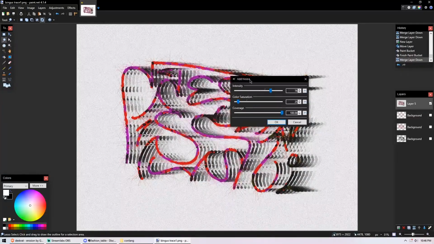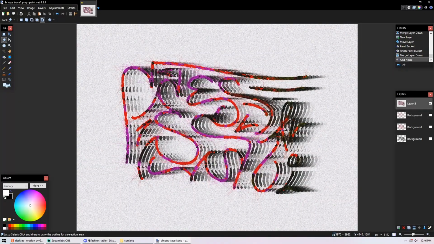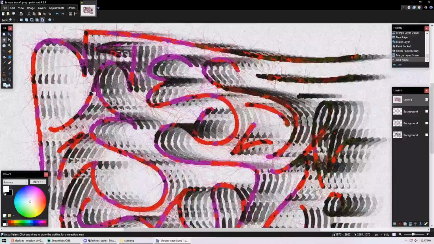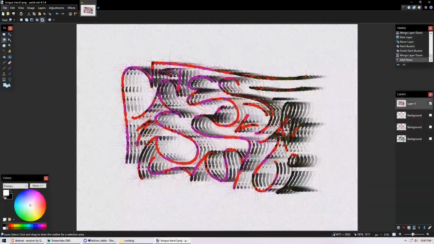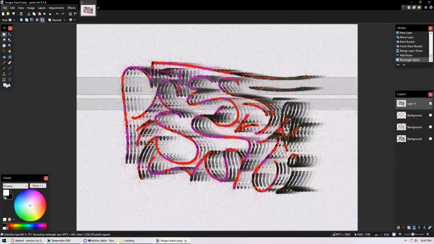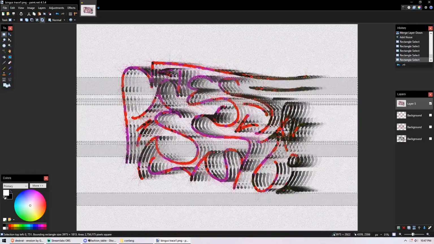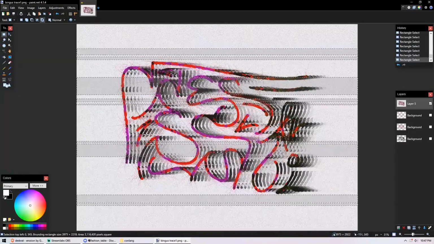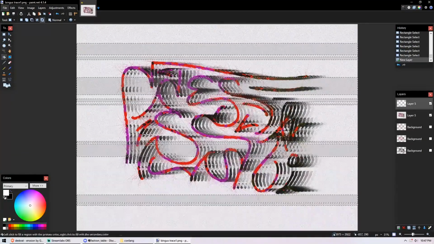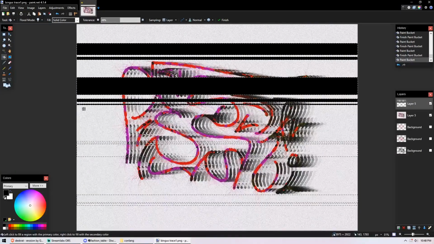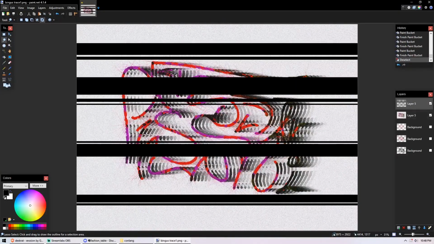And I don't know if you can see it, if you can zoom in or something, but at the time, I felt like the noise just perfected it. I don't know why, but I thought the noise was really good. And then I made some selections of horizontal bars, and then filled them all in with black and tried to mess with blending